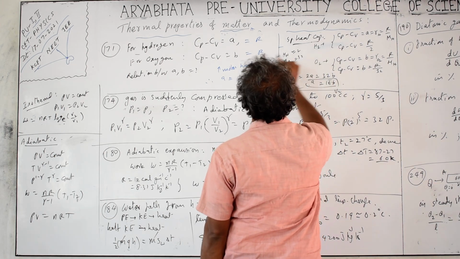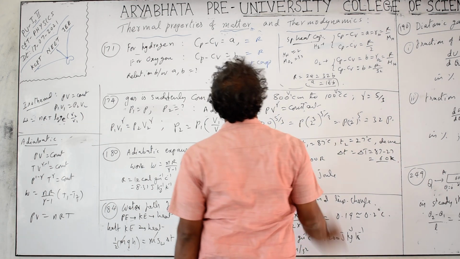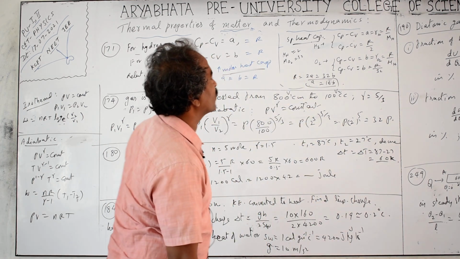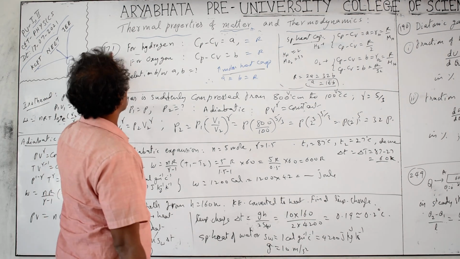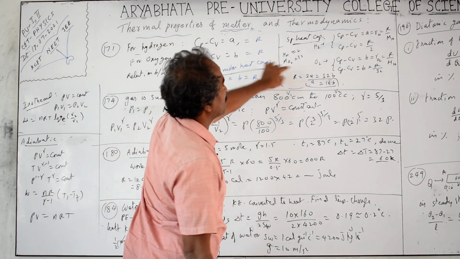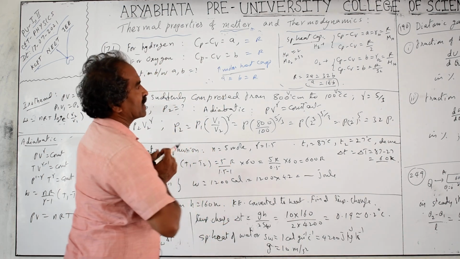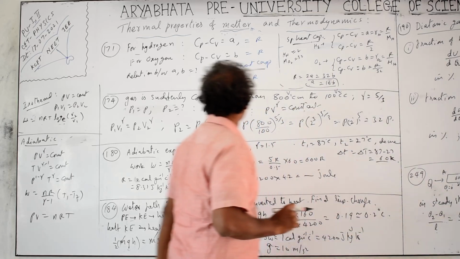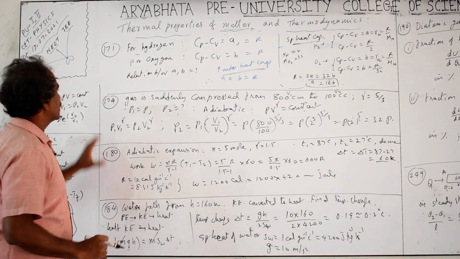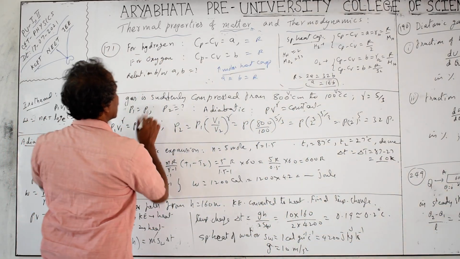This is if you are using the specific heat, whereas this one uses the molar heat capacity, so you have to be careful. Both questions are possible to ask. If they don't mention, go for the molar only. This question is related to the molar, but in other places the other problem also appears. And for the capital R value, if they mention Cp and Cv in calories, R should be taken as 2 in any other problems.